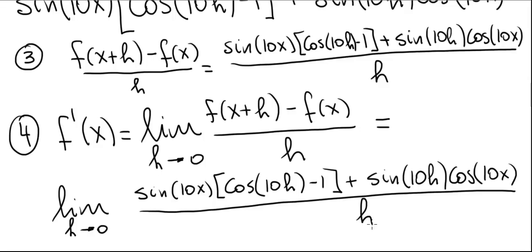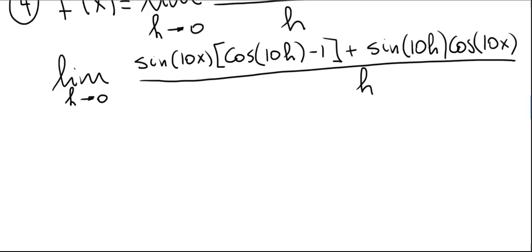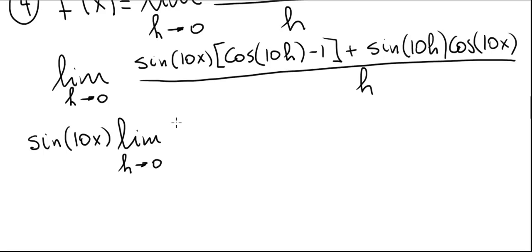The best way to evaluate this limit is to break it up into a sum of two limits. Since h goes to 0, x is unaffected, so we can take sine of 10x out in front of the limit, times the limit as h approaches 0 of cosine of 10h minus 1 over h,